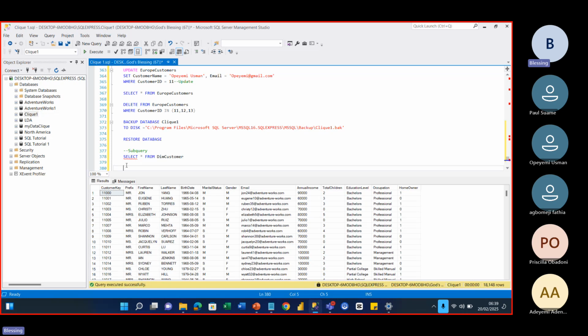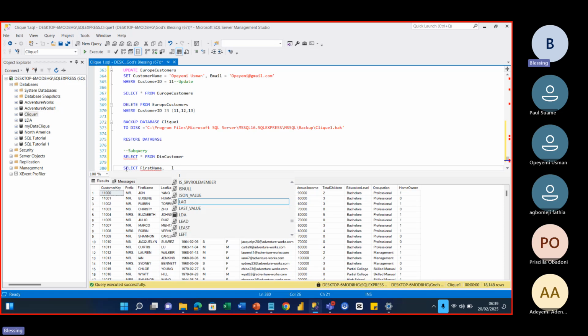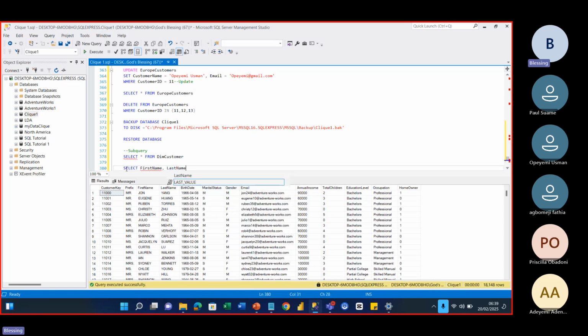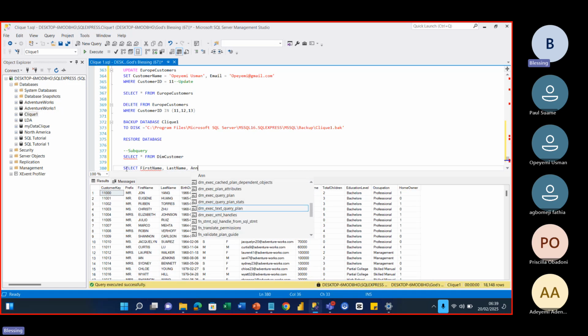So let's say I want to see the average. I want to select all the customers' first name, and I also want to see their annual income. Then I want to be able to compare the annual income with the average income for everybody. So I'd come here and say select the first name, let me add last name to it as well. Select first name, last name, comma, then annual income,